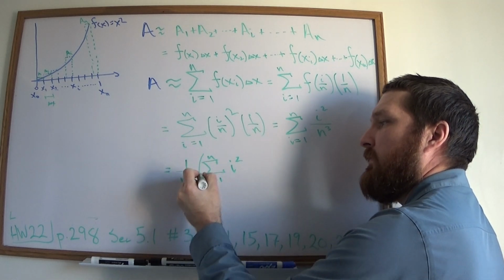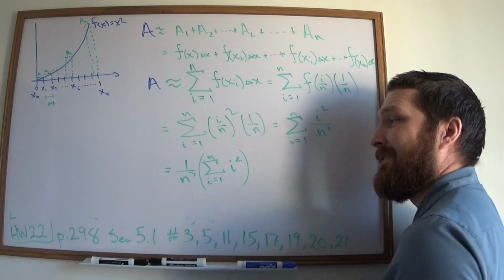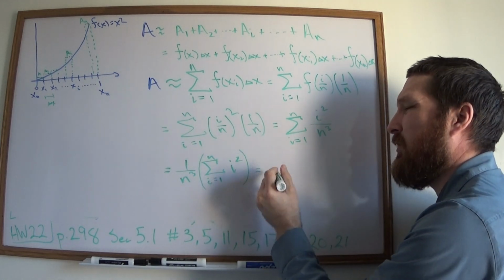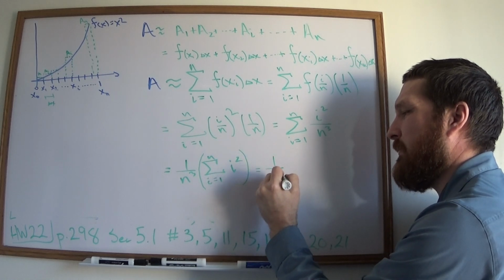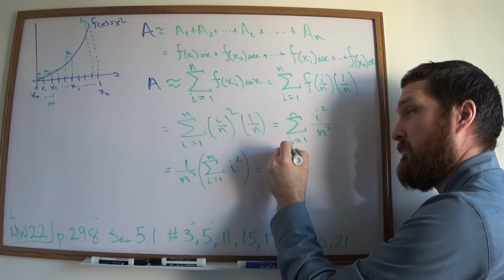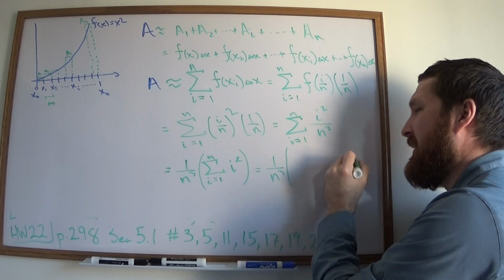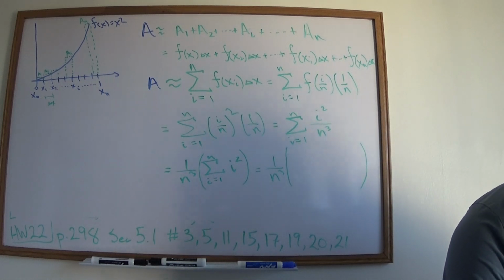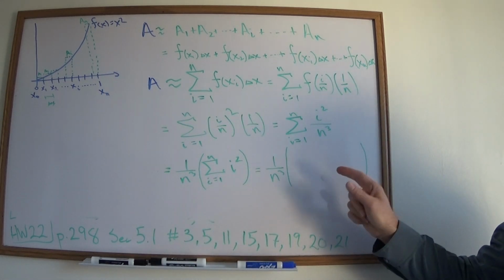Now, if you remember, last year we actually proved what this is. It might have been in your homework, we might have done it in class, I don't remember, but I know that I had you do it because I was anticipating this. There's a formula for it that you had to prove. That formula turns out to be, in terms of n,